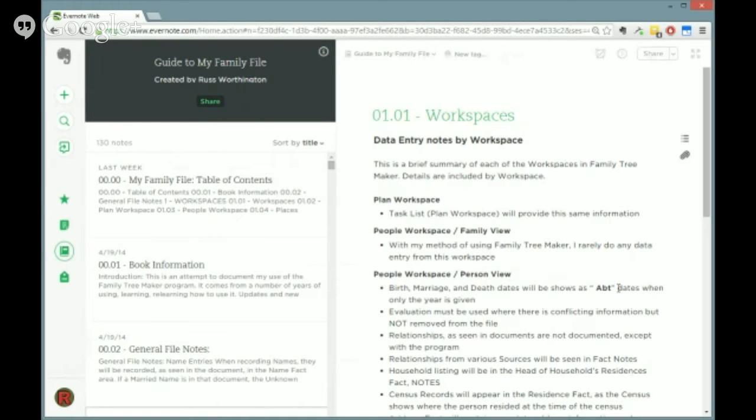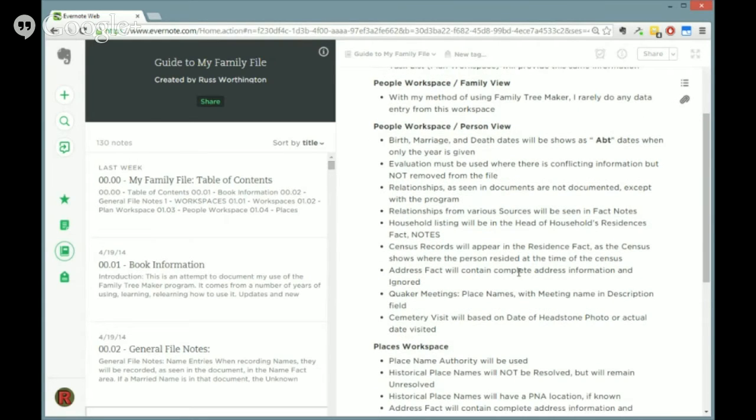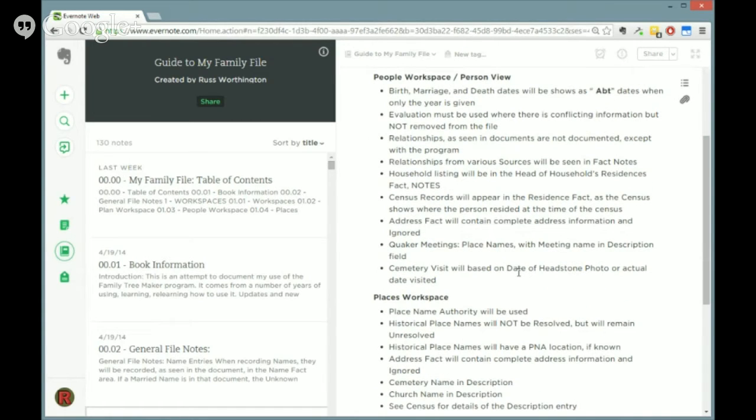That means I need to find the more accurate date, because we know that when you see an age in a document, it's going to be off. Almost guarantee that. Little things like evaluation must be used when there is conflicting information. I don't delete anything that was wrong. I will just document the conflict. But this is just a bunch of details for me on what happens in the people workspace,